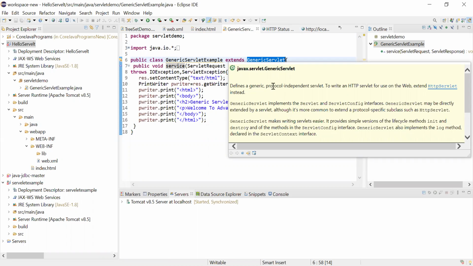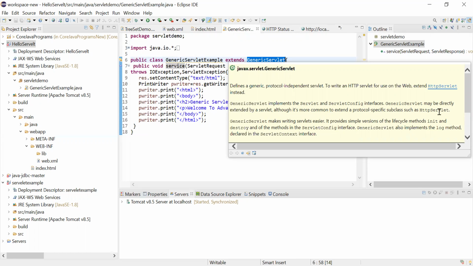Generic servlet defines a generic protocol independent servlet. To write an HTTP servlet for use on the web, extend HTTP servlet, he mentioned. Generic servlet implements the servlet and servlet config interfaces. Generic servlet may be directly extended, although it's more common to extend a protocol specific subclass such as HTTP servlet.